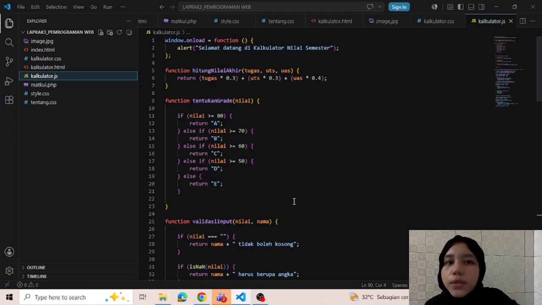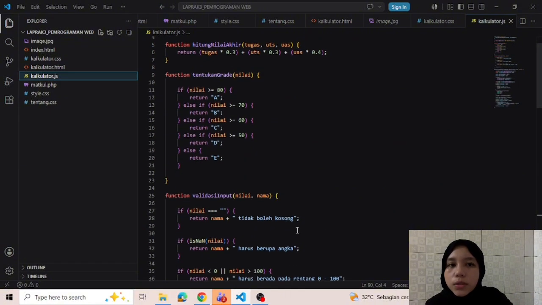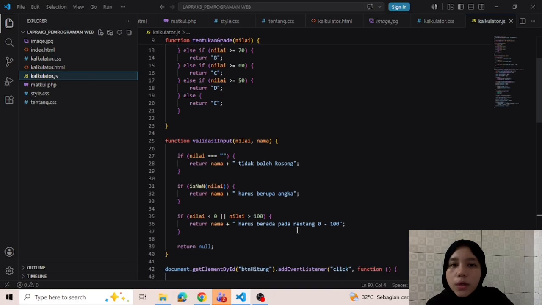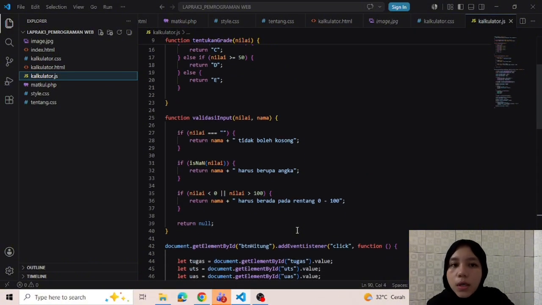The second function is hitungNilaiAkhir. This function calculates the final score based on assignment, midterm, and final exam scores. The formula used is 30% assignment score, 30% midterm score, and 40% final exam score.